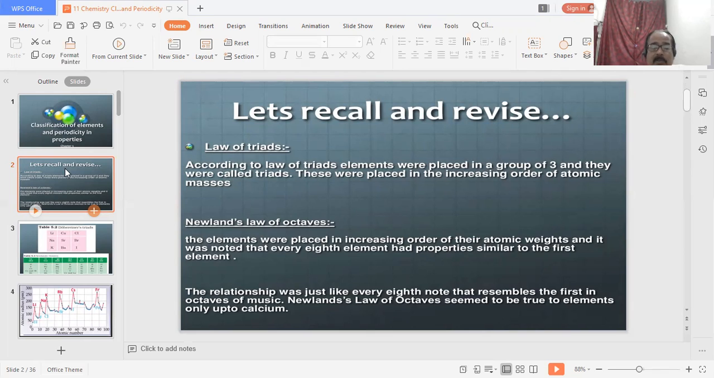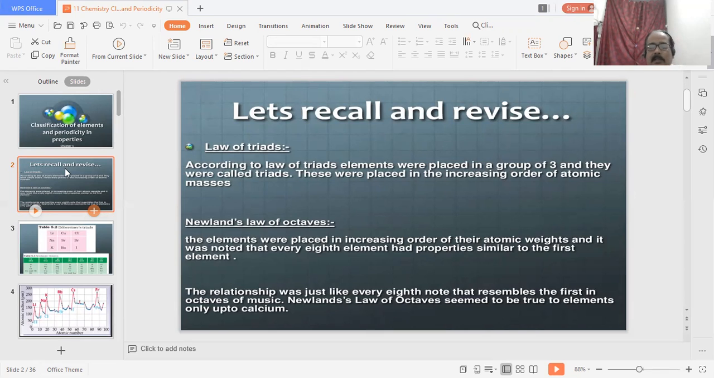just like every eighth note resembles the first in octaves of music. Newlands' law of octaves seemed to be true for elements only up to calcium. This law also depends on atomic weight, and the drawback is that it is applicable to only a few elements, especially up to calcium. So up to calcium, elements are arranged according to their atomic weight